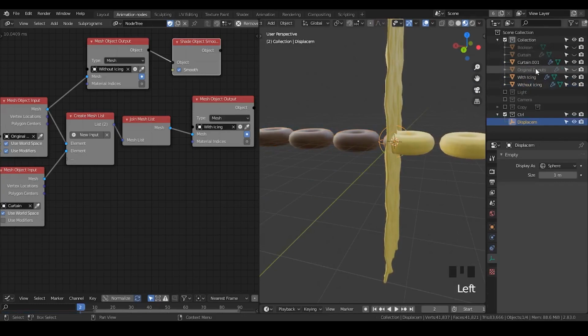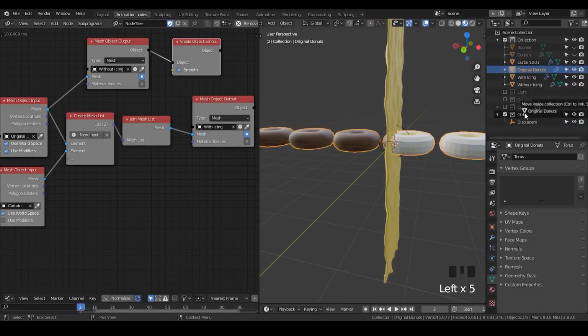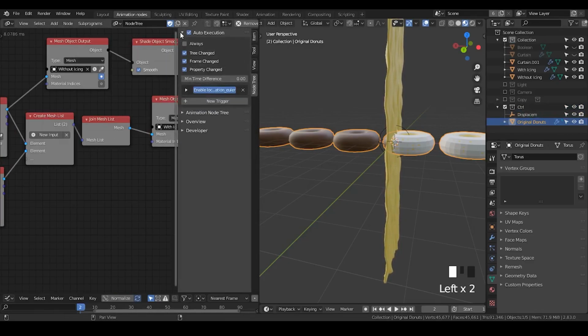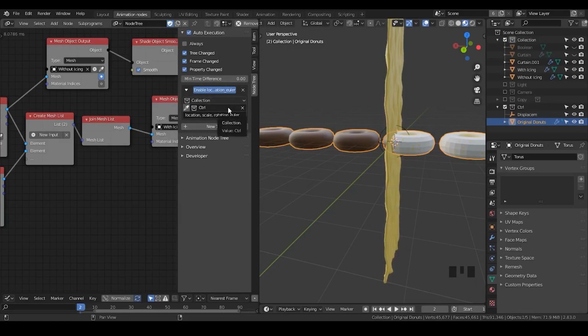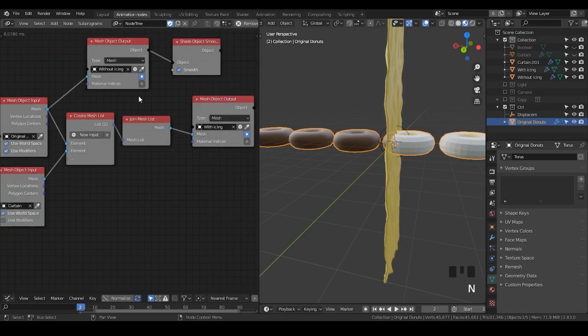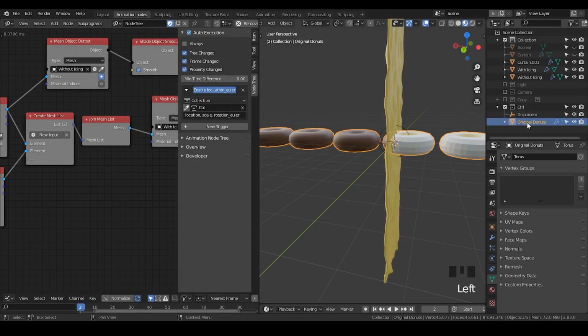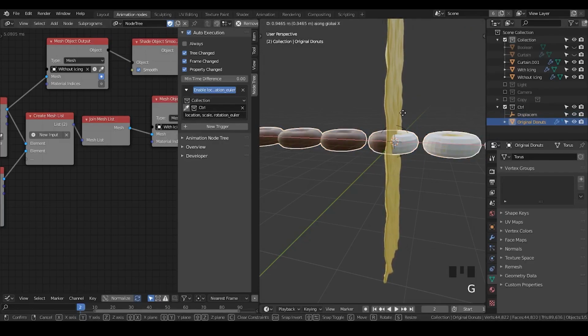So now I have everything basically done, and I have an original donuts. I'm putting the original donuts into the control collection because the control collection is set with the auto execution. All these things have been explained in my other tutorial, so you can go to the link on the upper right corner if you are not sure about what I'm talking about on this trigger. But basically, with all this setup, if I change the displacement or the location, scale, rotation, then it will update the node tree, which also means if I'm changing these original donuts